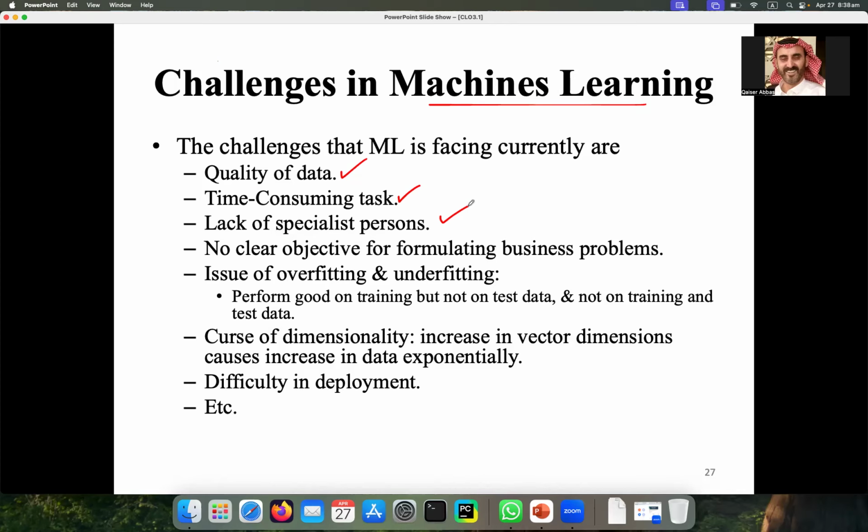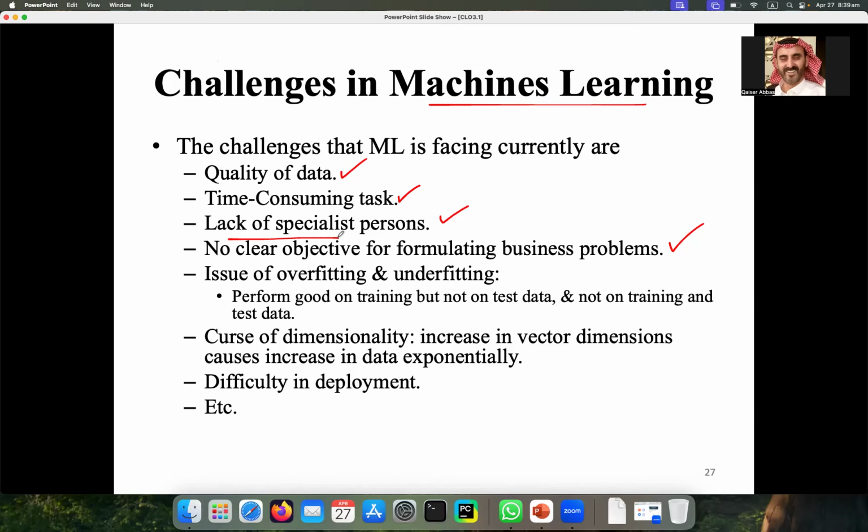So number 4. Some people who are running their business, and if some problem occurs in their business, they don't know how to remove that problem. Why? Because they don't have any clear objective.